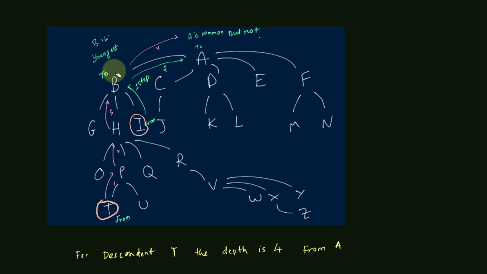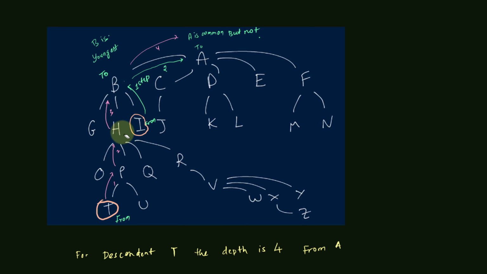But in order to optimize this traversal, you can first get the depth. While searching for T, you get the depth of T, which is, let's say, 4, and while searching for I, you get the depth of I, which is 2. I can subtract between them and get the value, 4 minus 2 is 2. Then take the deepest one, at the 4th level, and go up 2 levels. Once you go up 2, you arrive at H, right? So H is the point where you arrive, and H and I are now at the same level.